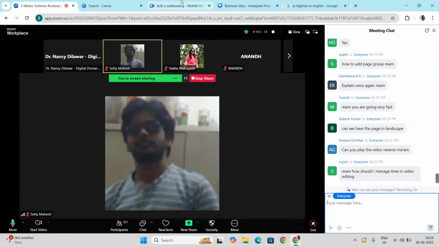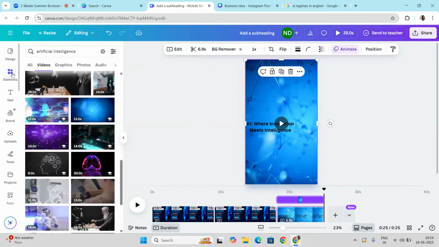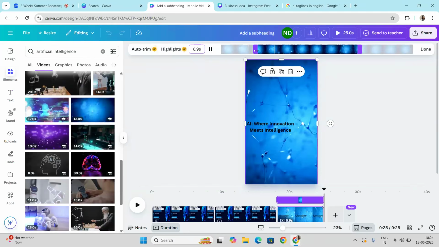Now coming back, if you want to manage the video length, you can use this trim option. Whatever video you take from the element section, the video length is written, like this video is 29 seconds, this is 14 seconds. The video we have taken right now is 13.0 seconds. If I click on this trim button, you can trim it like this.